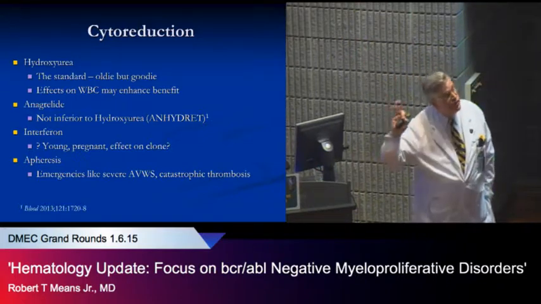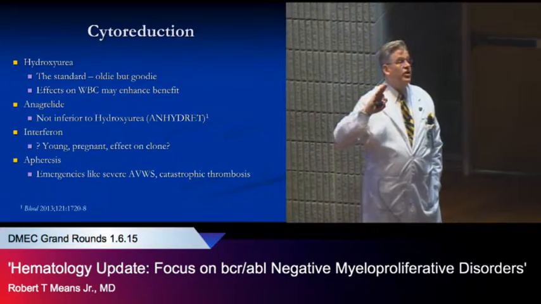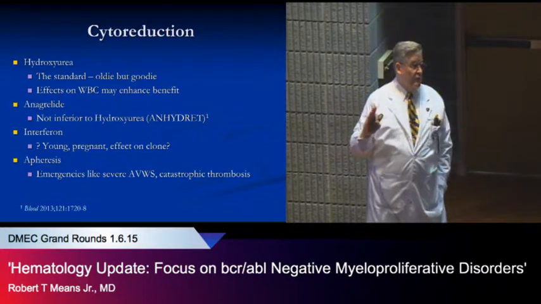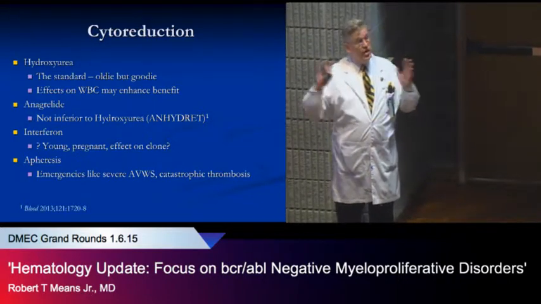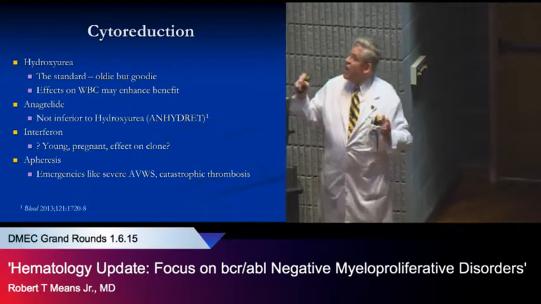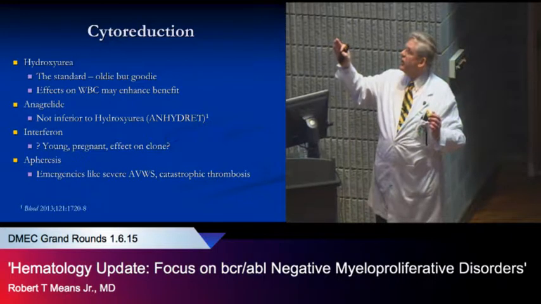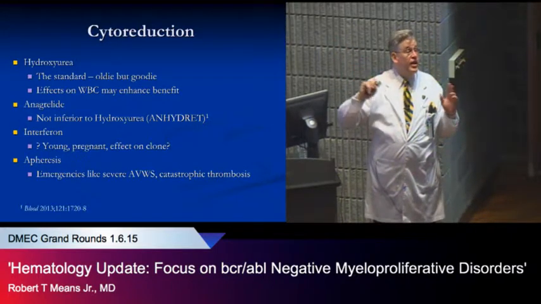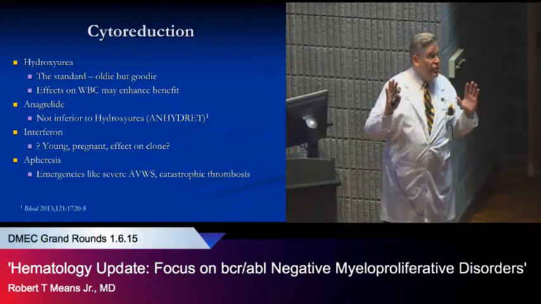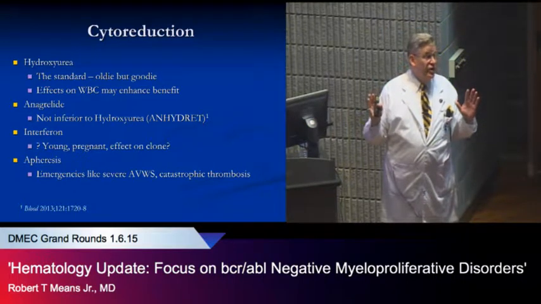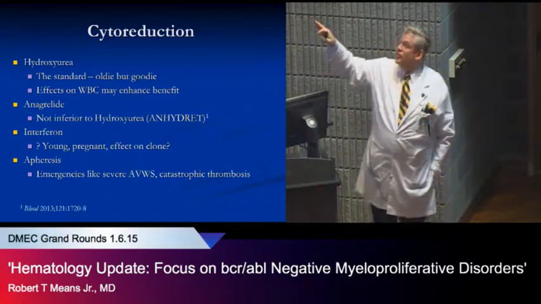Up until a few years ago, there were studies that demonstrated that hydroxyurea was a better first-line drug than anagrelide. People treated with anagrelide first, as opposed to hydroxyurea, had worse survival and more thrombosis. There was a study done in 2013, published at the very beginning of the year, the ANAHYDRET study, which showed that anagrelide as a first-line agent was not inferior. It was done in a much better way than the original study that showed anagrelide was inferior. So the current thinking is that these are essentially equivalent. Anagrelide's a little more expensive.